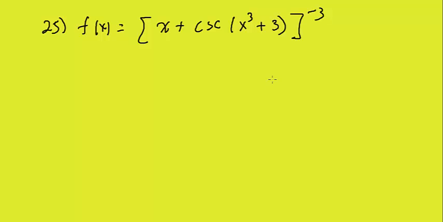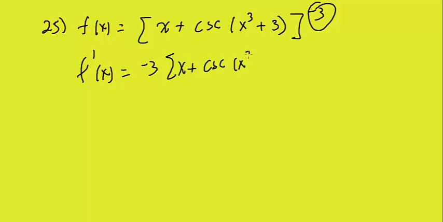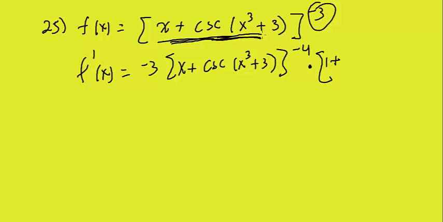Okay. We're taking the derivative of this. The outside function is that. So that's negative 3, all that times x plus cosecant of x to the third plus 3, raised to the negative 4. I leave everything inside alone as I go. Then times, I'm going inside. So derivative of x is 1 plus. Then when I go take the derivative of this, I have to use chain rule again because there's an outside function here, and the outside function there is,